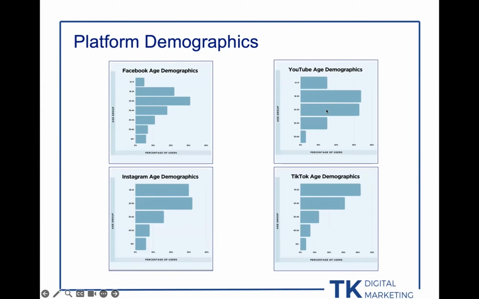You've got young people on YouTube and also older people on YouTube. We see that with our YouTube channel demographics specifically. We've got people from 35 years old to 65 years old watching our gardening videos on YouTube. So why is this information important? Well, this tells you, okay, you should hopefully already know what your customer base looks like. So this tells you where you can find your customer base.